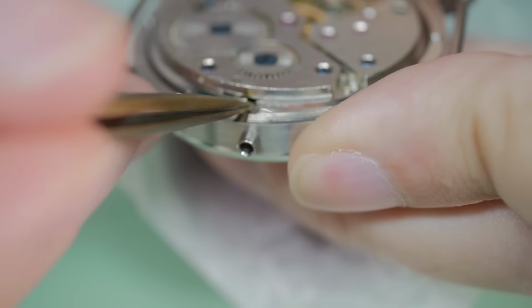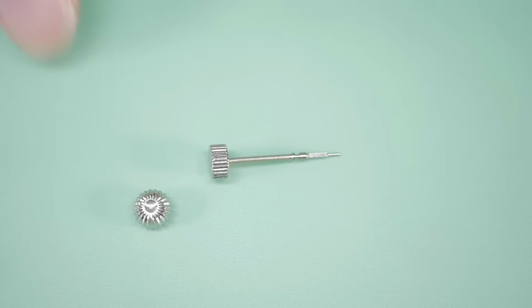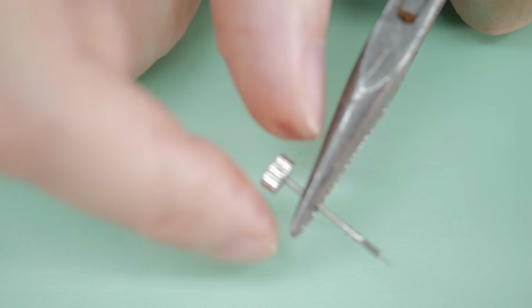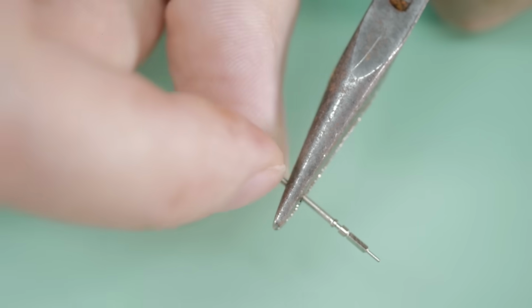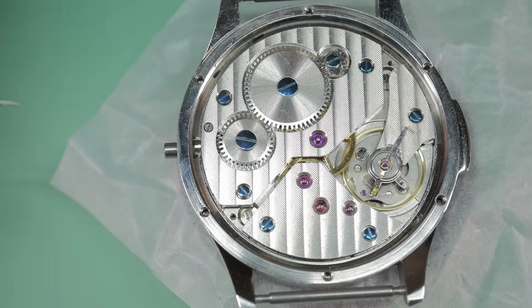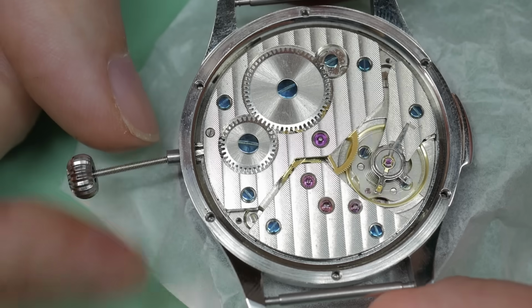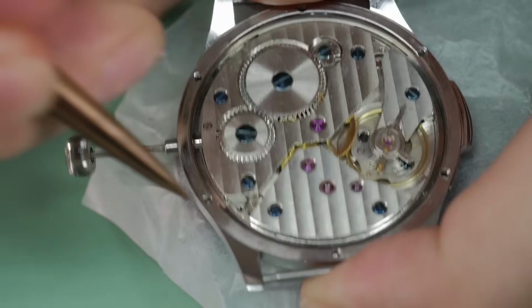There you go. You just slightly turn it until it is lined up, and then press it all back into position again. Now we want to put this crown onto this stem, and we'll start by taking this placeholder crown, if you like, off. And we'll just screw this on, but not too tight, just so that it nips. And now we want to locate the crown and stem back into the movement, and make sure that's lined up, and it's not, so we need to turn the whole movement carefully until it does line up,